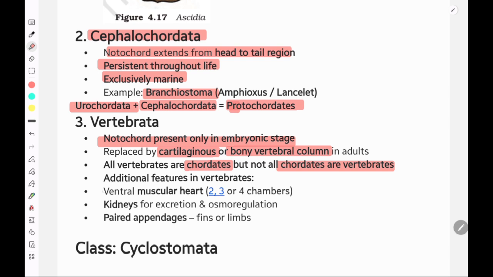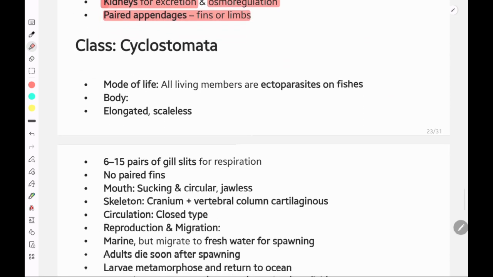Some additional features: a ventral muscular heart. They have a two-chamber, three-chamber, or four-chamber heart, depending upon their body. They have kidneys for excretion and osmoregulation. They have paired appendages, whether they are fins or limbs. Now comes the first